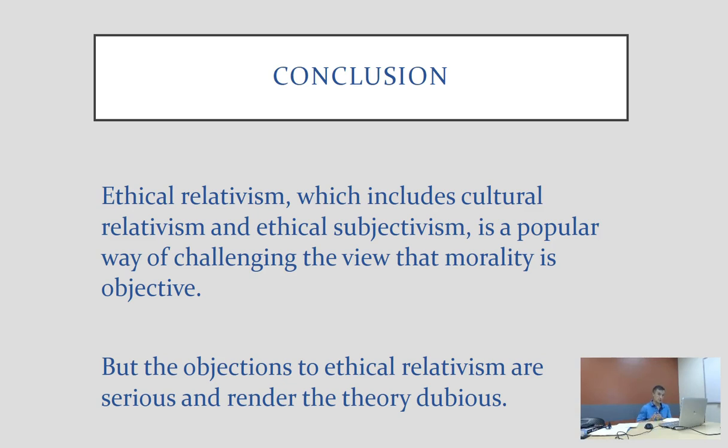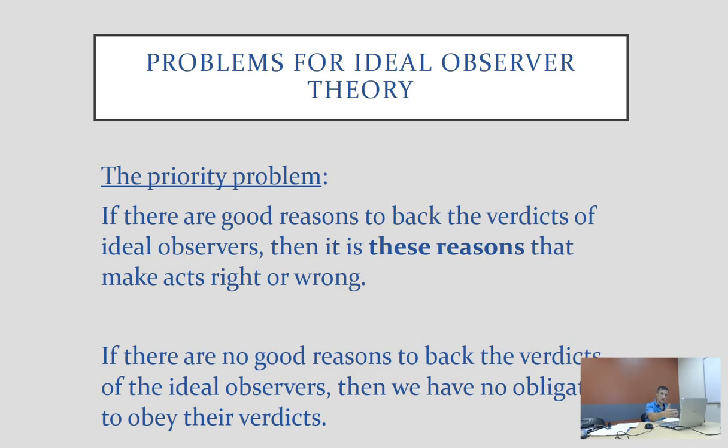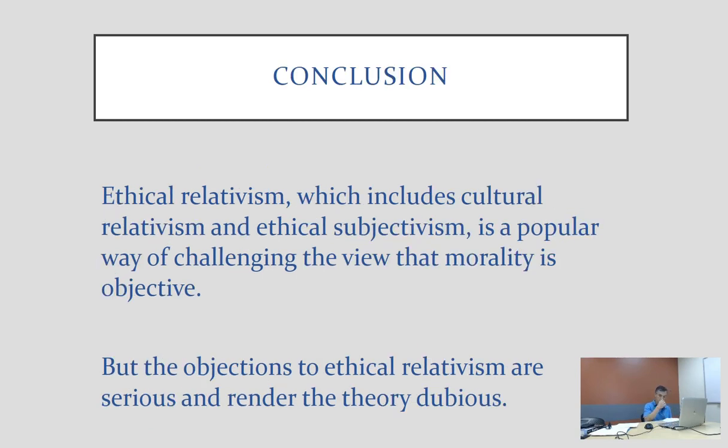That's the ideal observer move, which is explained here, why the priority problem is what makes the moral disagreement impossible. So hopefully this will explain to you why moral philosophers find ethical subjectivism and cultural relativism to be not very plausible positions to have, as many doubts as philosophers might have about moral objectivism. These alternatives don't seem to hold much promise.